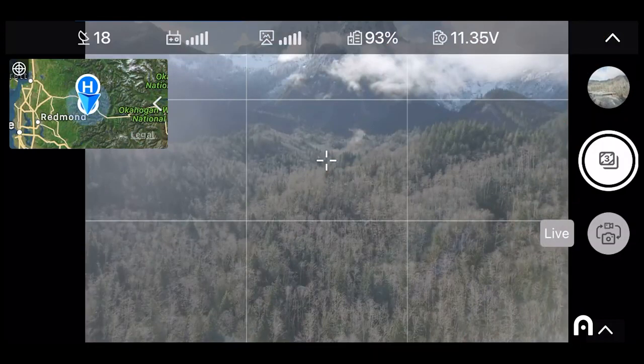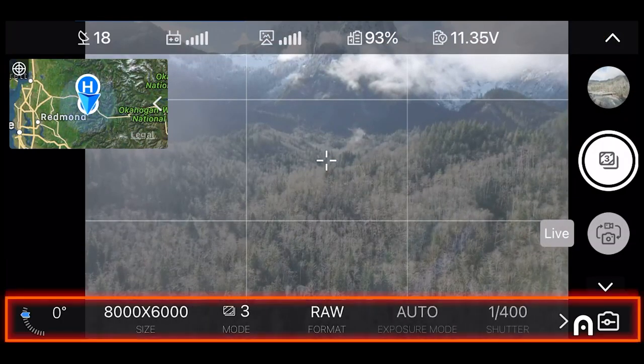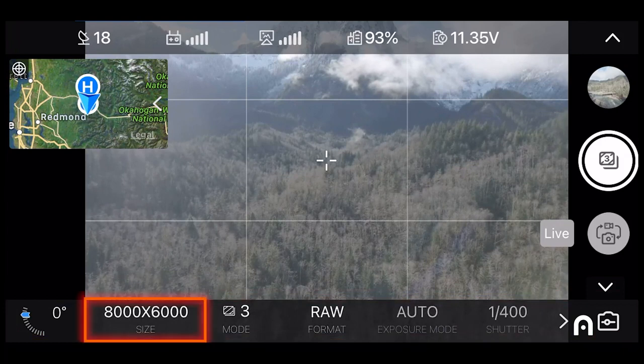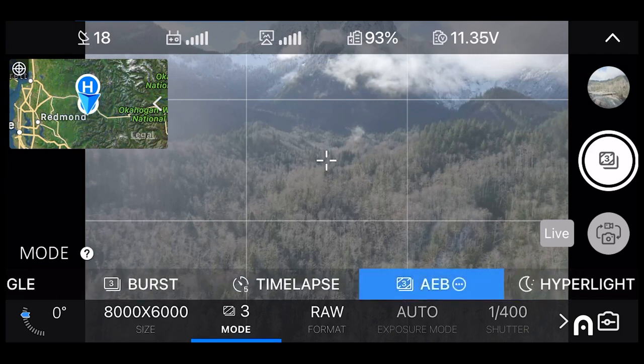Now let's take a look at the process of actually taking an HDR image on your EVO II aircraft. Once you're in the Auto Explorer app under the camera view, we're going to pull up our settings at the bottom of the screen. Our first option is image size. I was recording on our 8K aircraft, so I would select the largest size that I could, which is 8,000 by 6,000. Once you've selected that, we're going to go into our photo mode setting right next to it, and